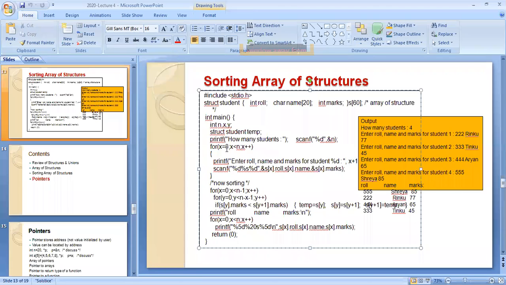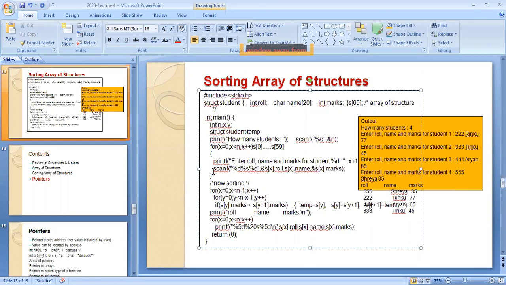So the first record is s of 0, s of 1, s of 2, s of 3. What is the range? You are going with s of 0 up to s of 59, because here you have taken 60 students, s of 60. So you start with s of 0 up to s of 59. For each one you have to give s of 0 dot roll number, s of 0 dot name, s of 0 dot marks, similarly up to s of 59. What is the 59? It is the n value.